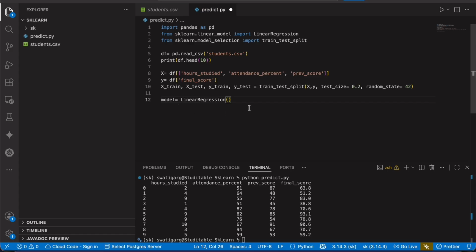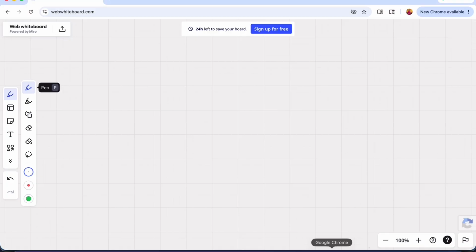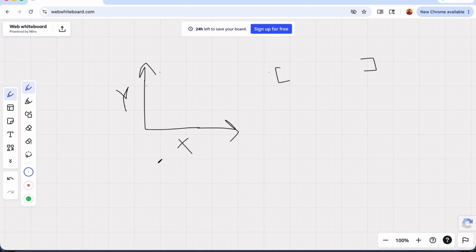Why are you using linear regression? Let's first understand that with the help of a graph. So I open a whiteboard. Let's say there is a graph here, with the y-axis and the x-axis. On the x-axis we plot the input values, and on the y-axis we have the predicted values. Linear regression is used where the predicted value is not a fixed value.